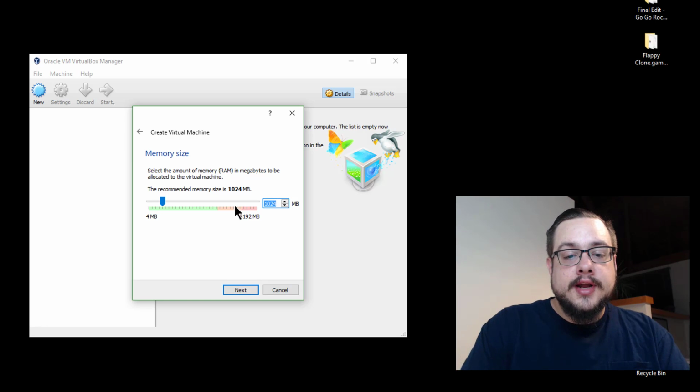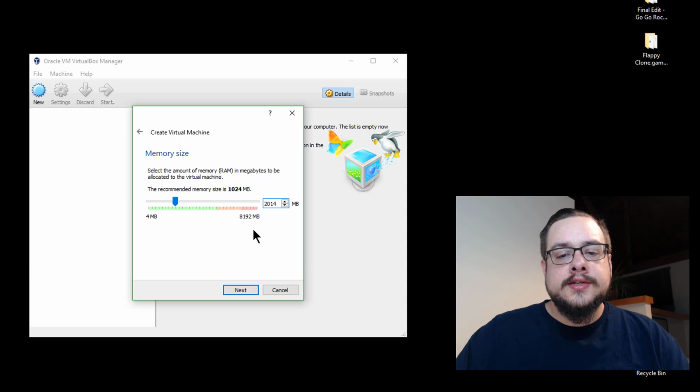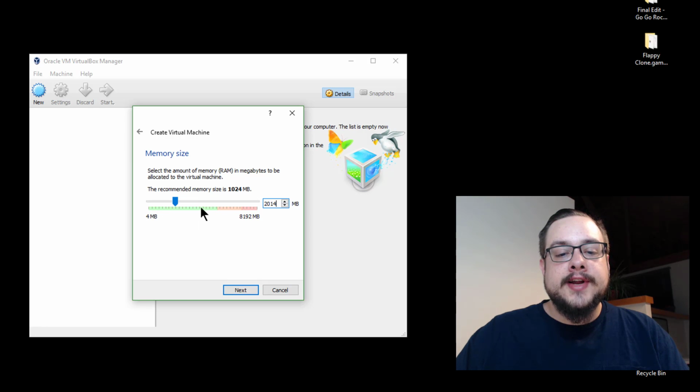So we're going to go ahead and up this to 2048 because my system has 8 gigs, and 2 gigs shouldn't be too taxing. You don't want to use all of your memory because you want to leave some available for your base system to use. You don't want to say I want to give the whole 8 gigs to it, because then you might have your main system crash because not enough is available. So I'm going to stay in the safe range and get 2 gigs, 2048, sorry, and